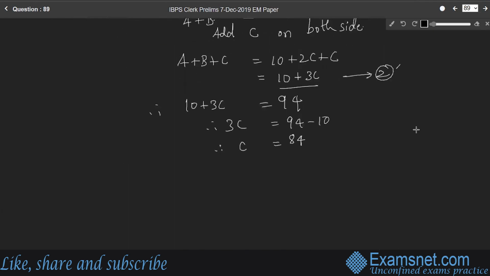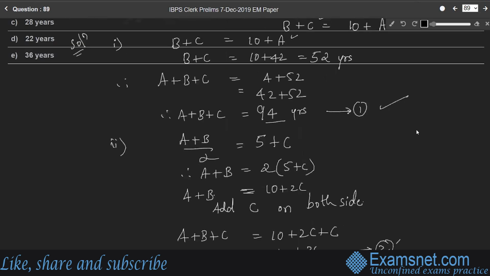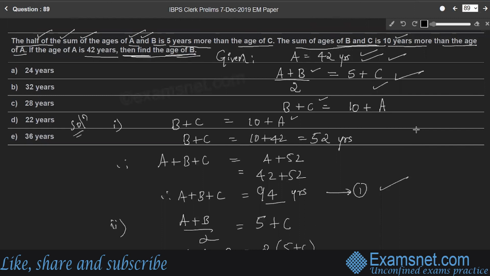84 by 3. So what is 84 by 3? Which is 28. So age of C is 28 years. What is asked here? So find age of B. Therefore, age of B is,